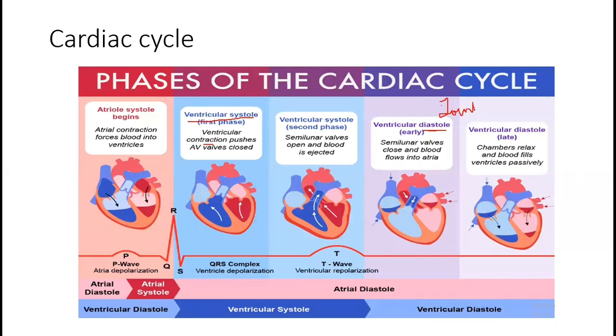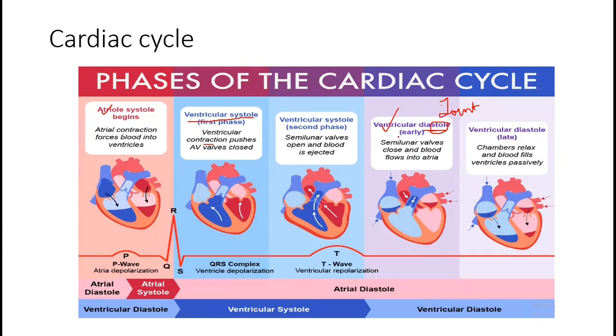What is joint diastole? Joint diastole is the phase of diastole when both the atrium and ventricle get relaxed and the blood fills inside the atrium with the help of the vena cava or pulmonary veins,